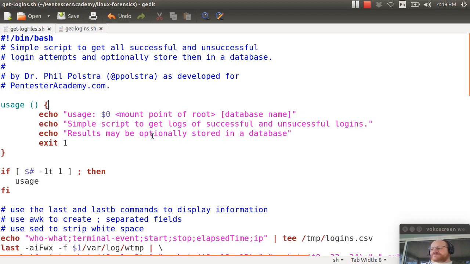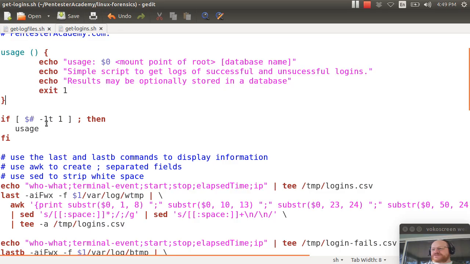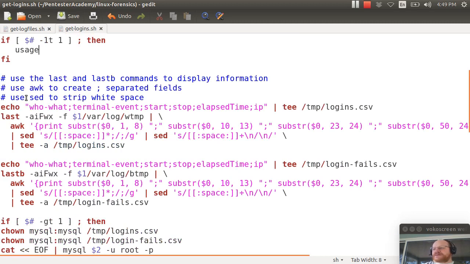And you might optionally store this in a database. So if you don't give me enough parameters, I call usage, and here I will create a file,